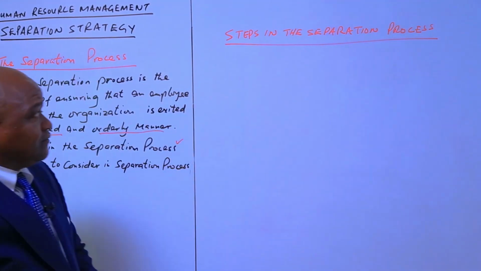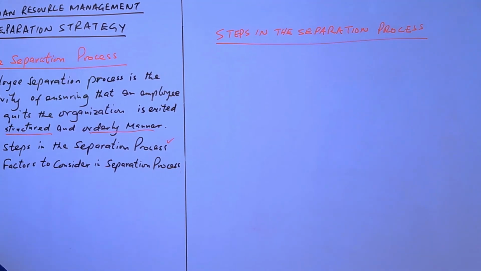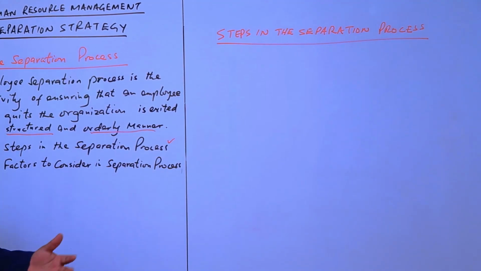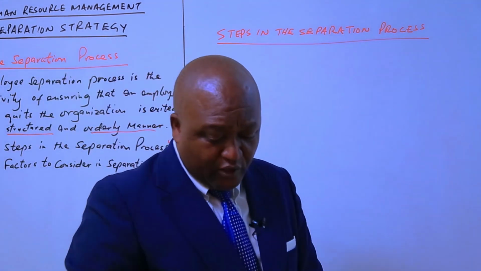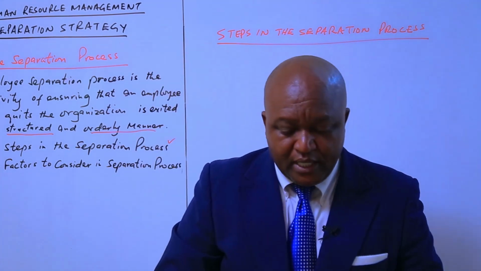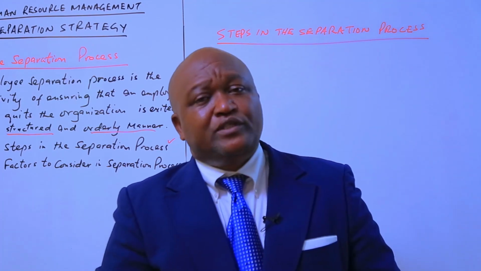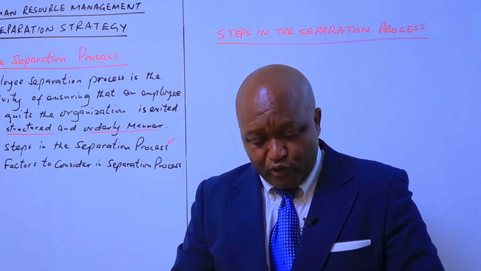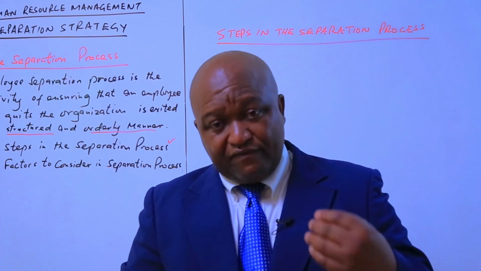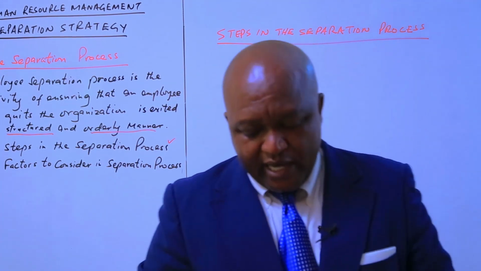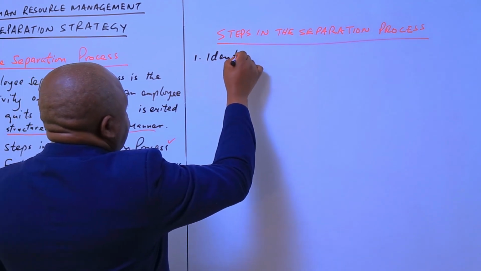Now, dear learner, these steps in the separation process will depend on the organizational policy in terms of how the organization handles the separation process, and also will depend on the ways through which an employee is leaving an organization. The steps for an employee who is leaving through a redundancy, the steps of an employee who is leaving through maybe retirement, the steps may be varied somehow, but the first one is normally to identify and document the issues. So the first step is identification